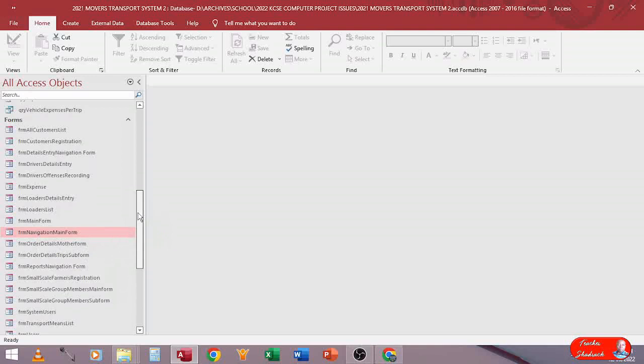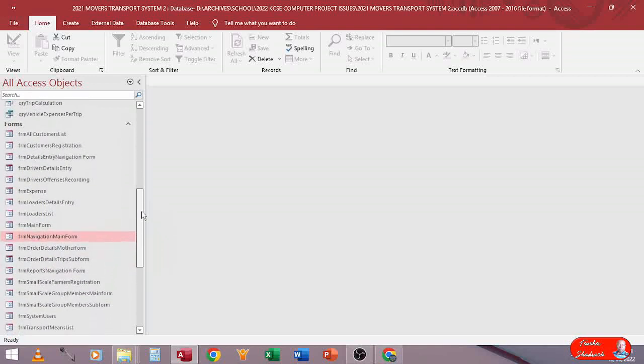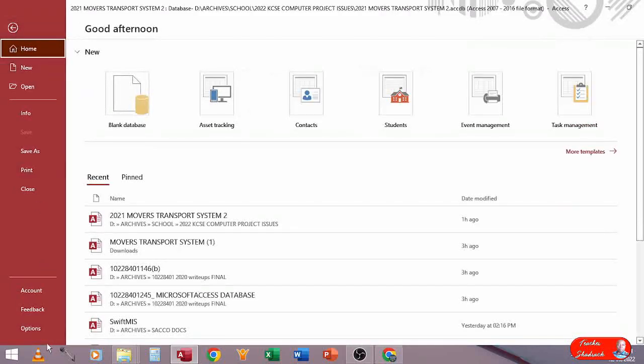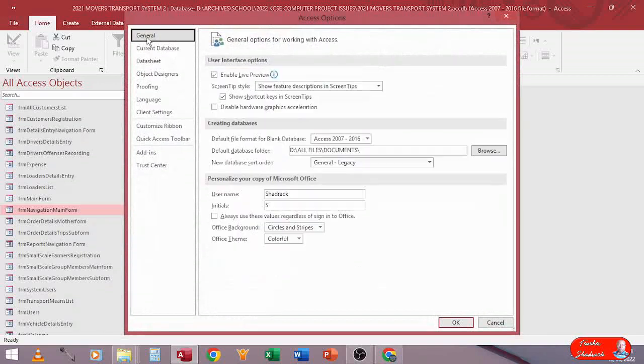You can create a welcome form. From the welcome form, it welcomes the main form, so you can have a series of forms like that. But I want us to have a scenario where we can determine which form will be displayed immediately we open our database. So to achieve that, I'm going to File, Menu, and then Options,